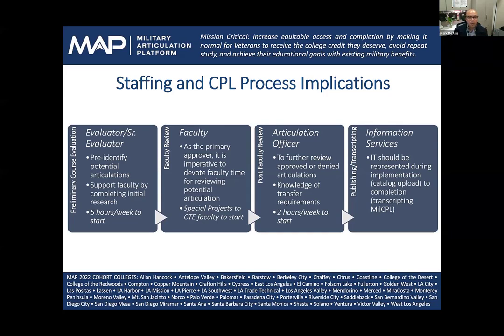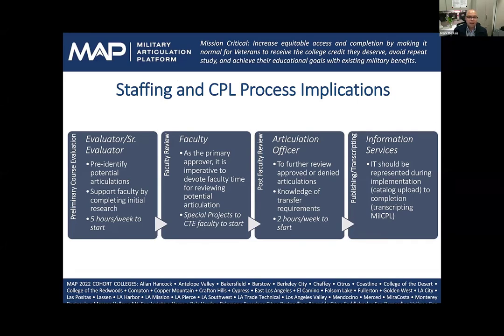That's where you can upload JSTs, SEPs, and DD-214s, and then based on that student's occupation, and